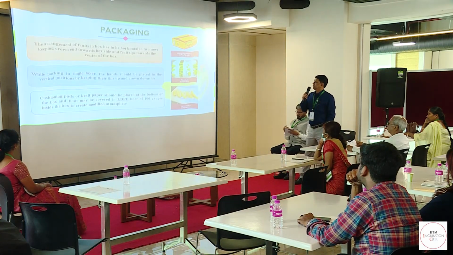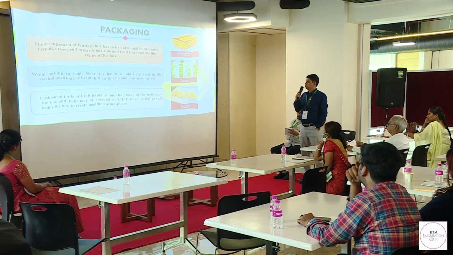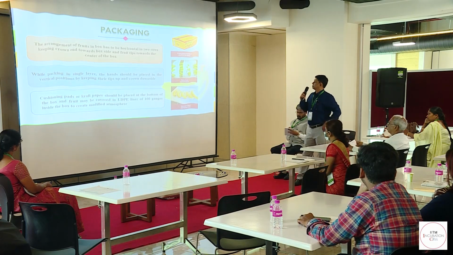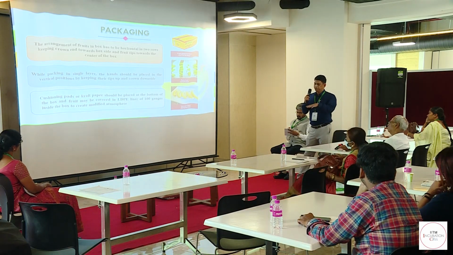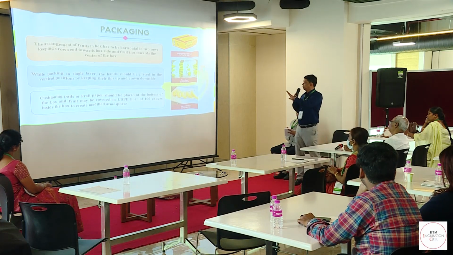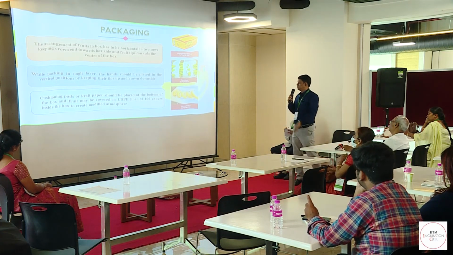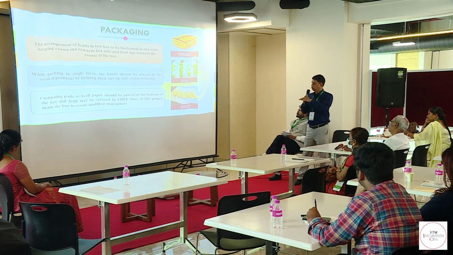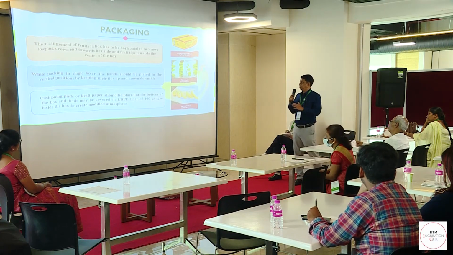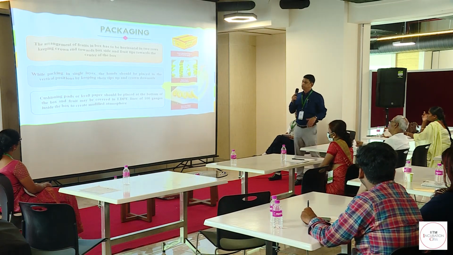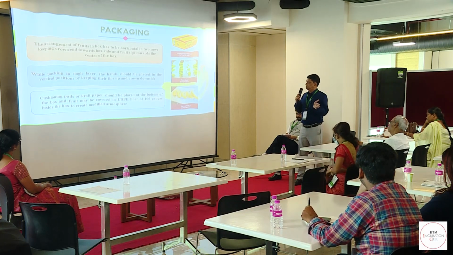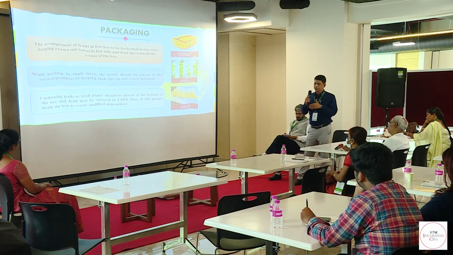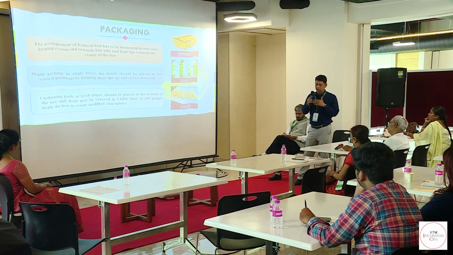Packaging is another important unit operation in the post-harvest of banana. Among the packaging materials, the first is corrugated boxes. When you keep the fruits in the boxes, the hands should be placed in a vertical position with the tips up and the crown downside. That is for a single layer. When it is a double layer, we can have 2 rows, with the crown towards the box side and the fruit tips towards the center of the boxes. This is the proper placing of the fruits in the boxes.